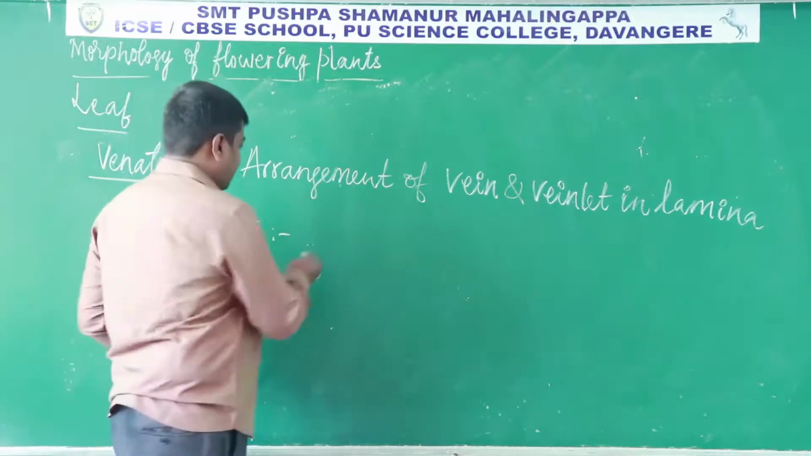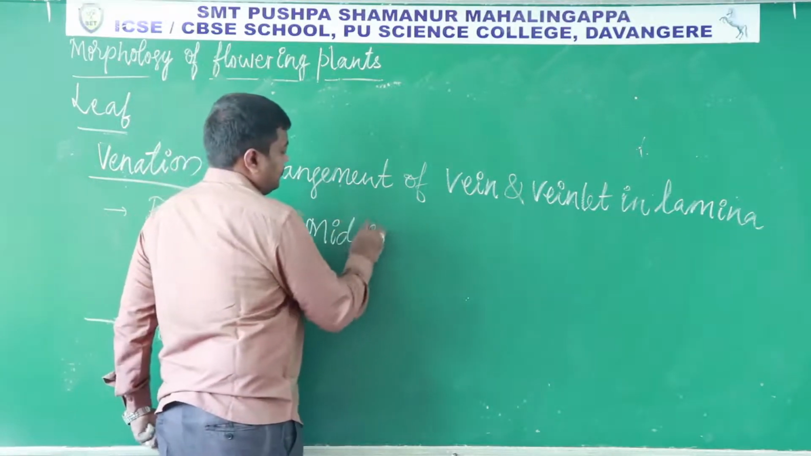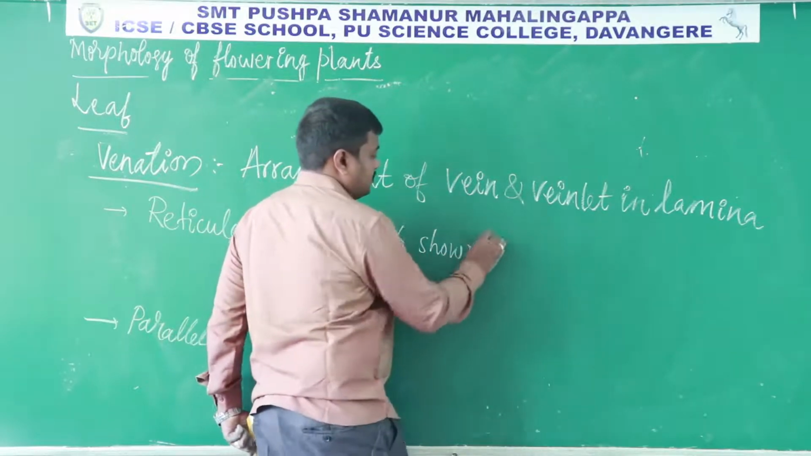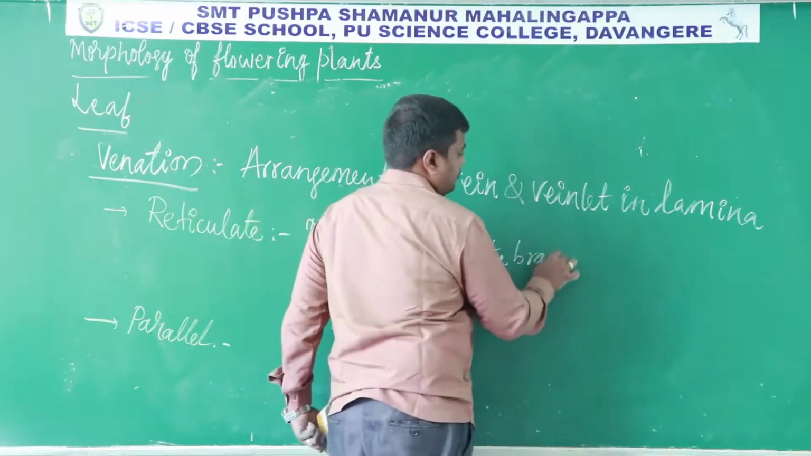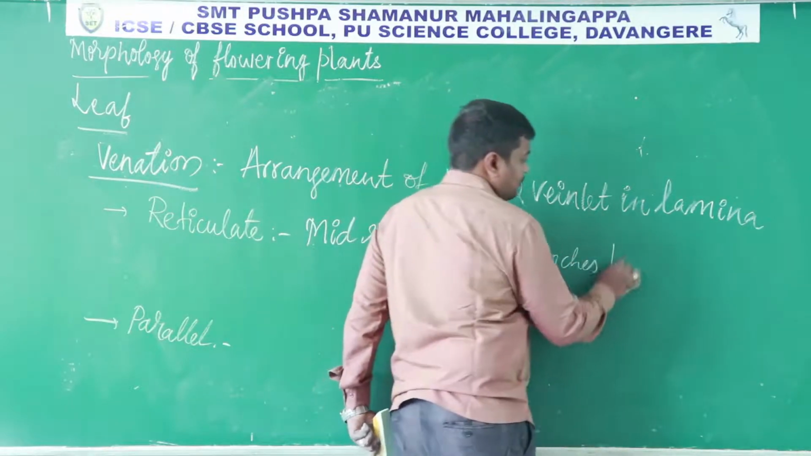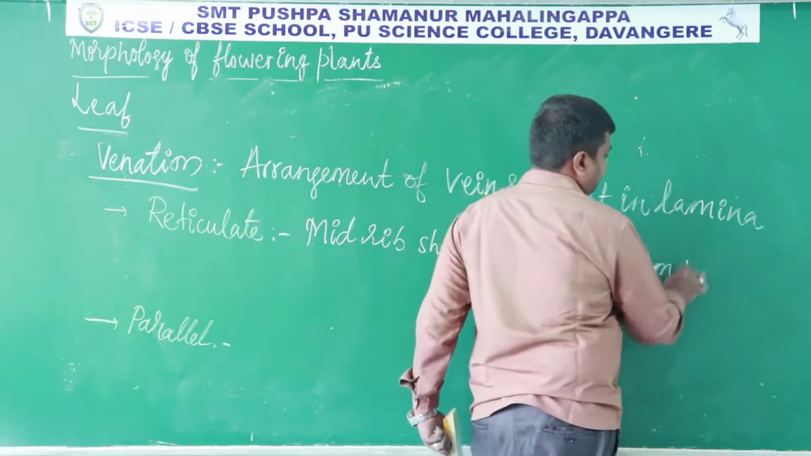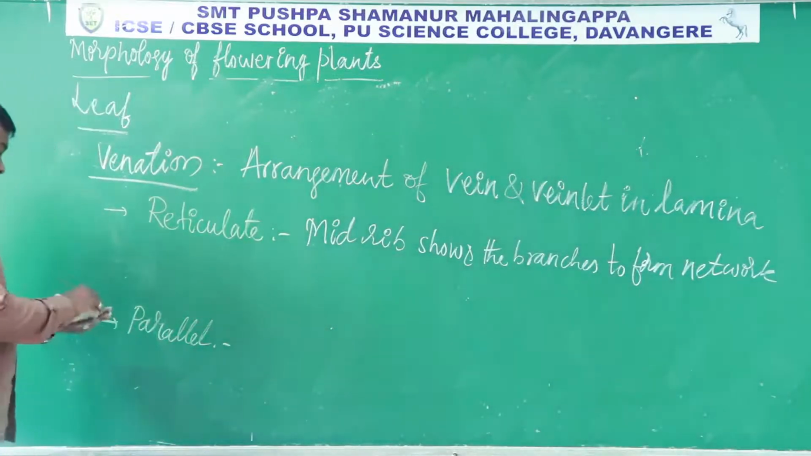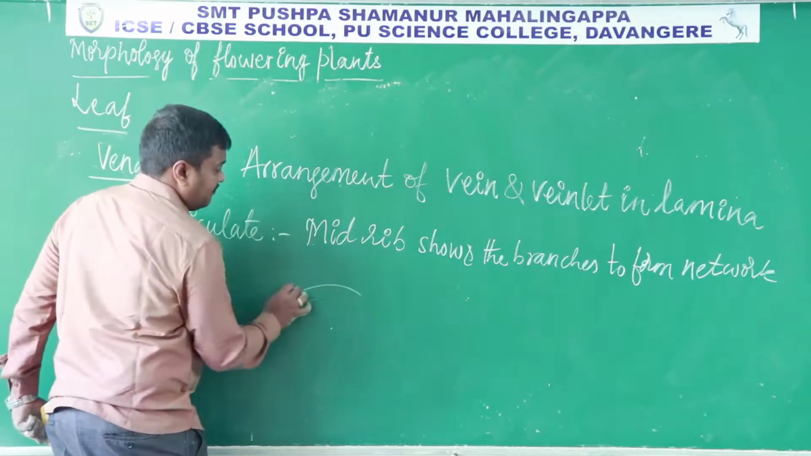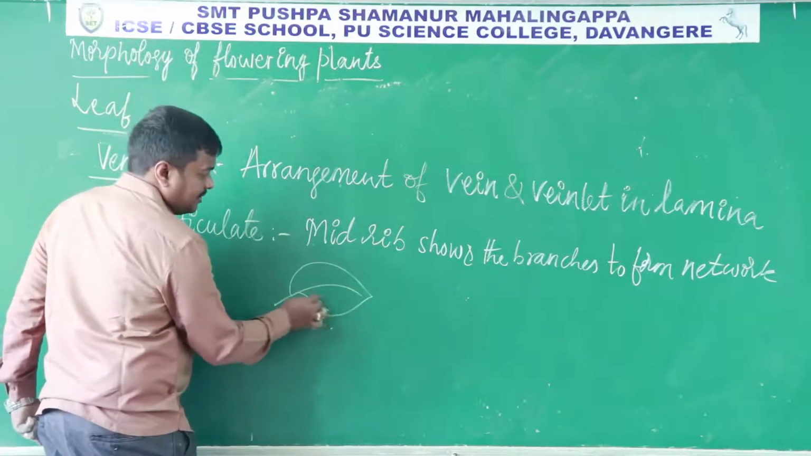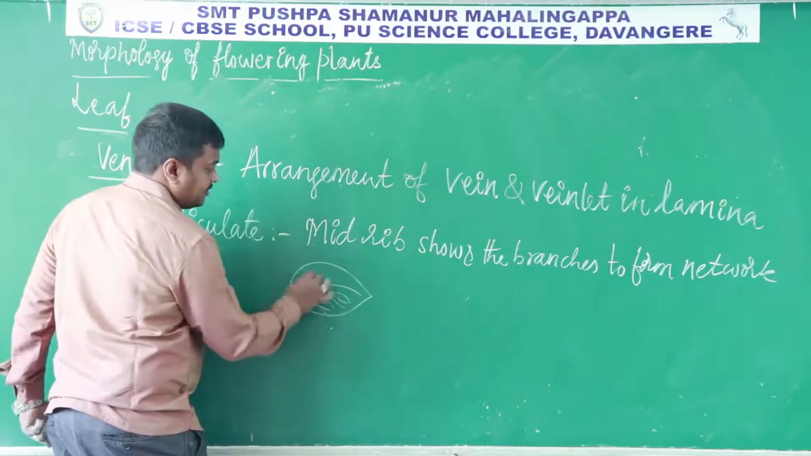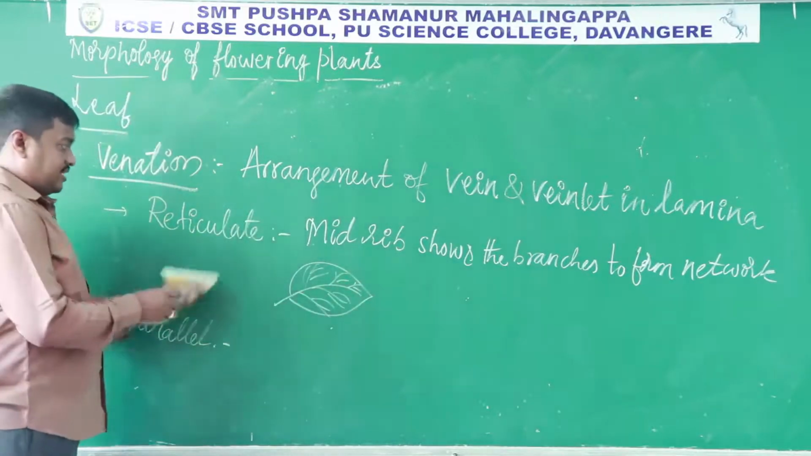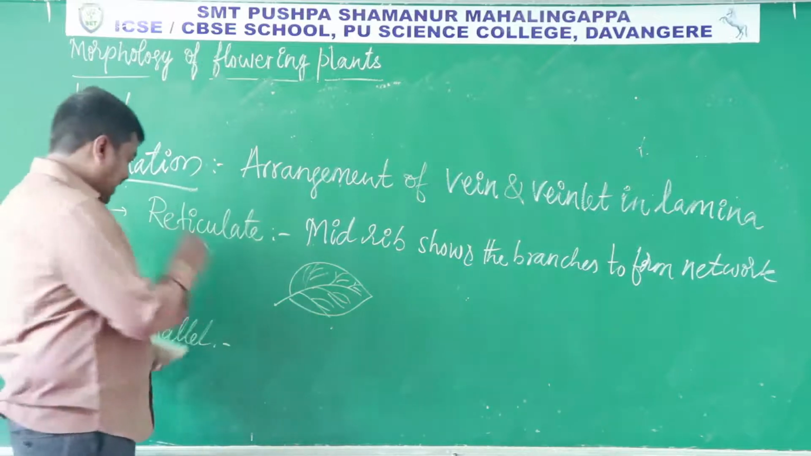In reticulate venation, midrib shows the branches to form network. Okay, so in a normal leaf, so this is the midrib. This midrib shows the branches like this and it forms the network. Okay, so such type of venation is called as reticulate venation. Whereas in parallel venation,